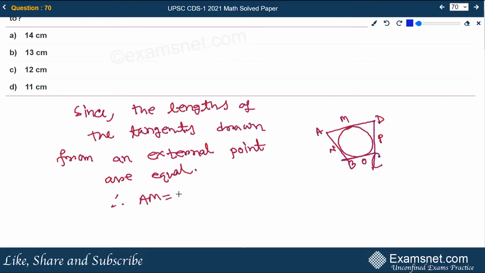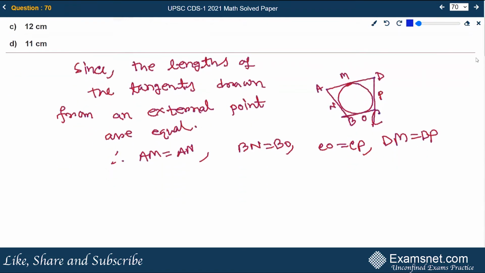Therefore, AM equals AN. And from B, BN and BO; from C, CO and CP; and from D, DM and DP. These are the tangents to the circle. Now, adding all of them, we can get AM plus DM